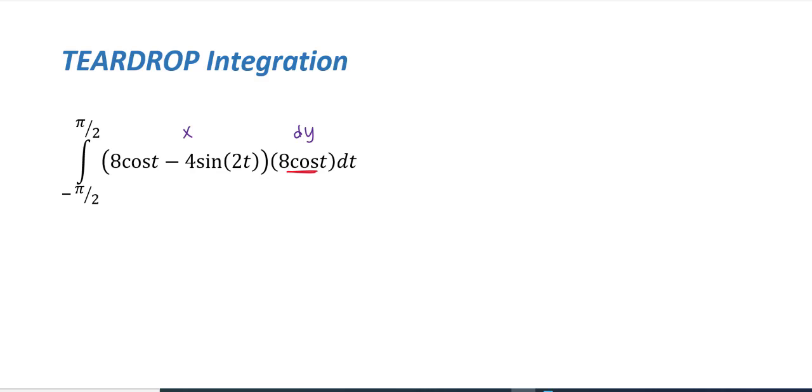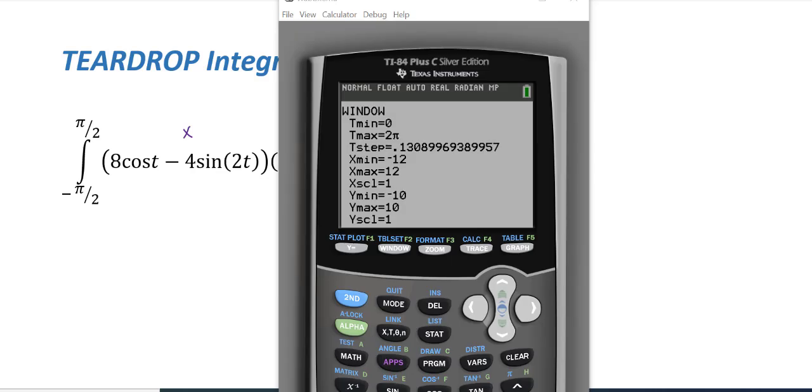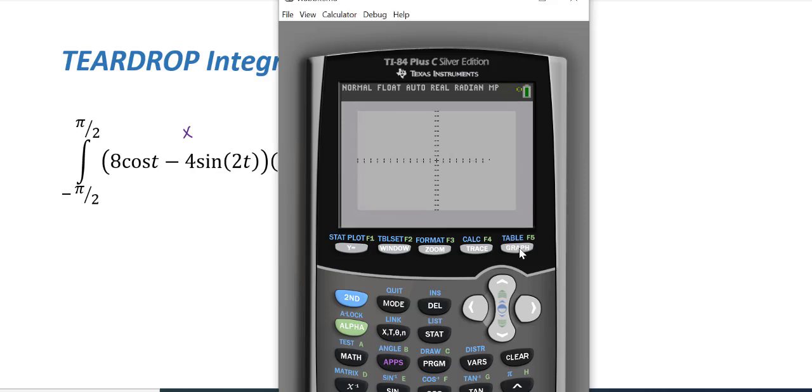Hi, and welcome to a problem where we will integrate the teardrop problem for Calculus 2. So for example, let me show you what the teardrop problem looks like. If I graph the given teardrop problem that we're dealing with and I look 0 to 2 pi, here's what I see. And what we have found, and I'll integrate this one way, but certainly there are other setups involved, but I'll just show you one setup through its integration.